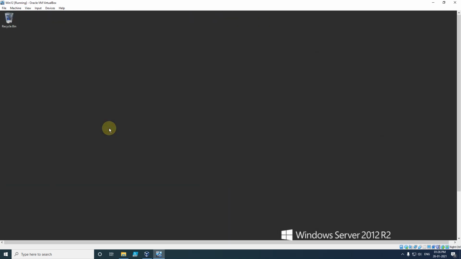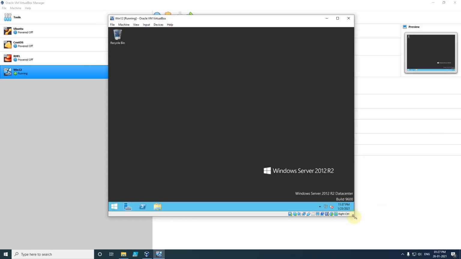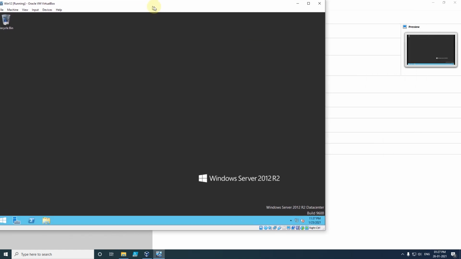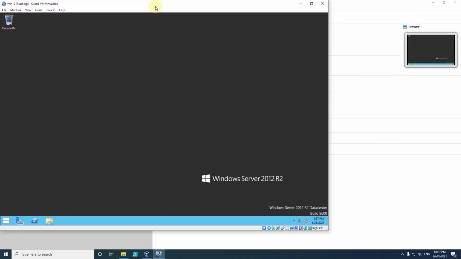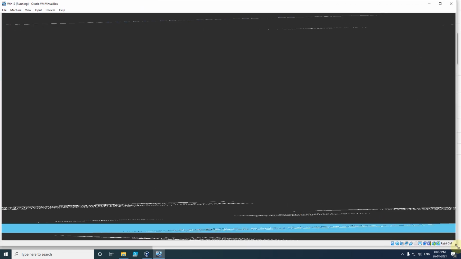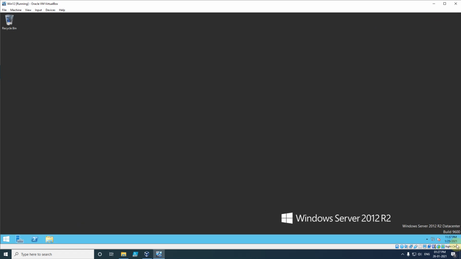As soon as I click that option, our screen got widened. In this one you can change the screen size according to your requirement, and your window also will be adjusted. If I scroll from here, you can see every time I scroll the window also gets adjusted. So this is how we can resize the window size.